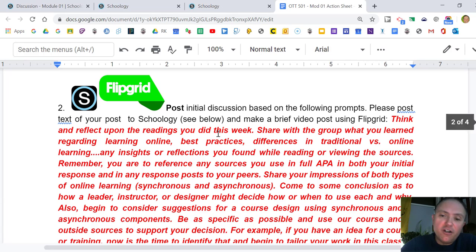So after you read the materials, I want you to make 2 posts. So please listen carefully. Those of you who are in the program know how to do this. If you're new, I want you to be sure you know what I'm talking about. That's why I give the Schoology symbol and a symbol for Flipgrid, which is a great tool, which I'll get to in a moment. So Schoology, you're going to read all this, and you're going to develop a well-developed text